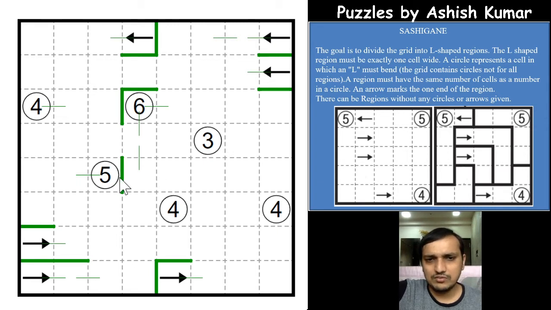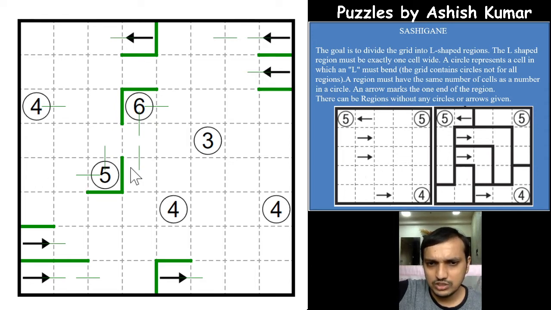Now if you see this 5, we have extended it. What happens again if we close this thick line and these 2 cells are not part of a single region? We form a 5 cell region here. But if you see this 2 by 2 group of cells, this region will form an L, but this cell will be stranded here. So we again conclude that this will be part of the 5, and we can close here. This is one of the tricks, a simple trick: you have to go for the utmost cell possible. So if you see 1, 2, 3, 4, at least this cell will be part of the 5. If this is not part of the 5, then you have only 4 cells for the 5, and you cannot have 5 cells for the L-shaped 5.